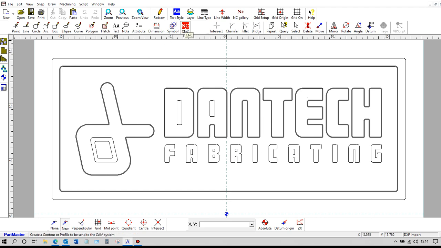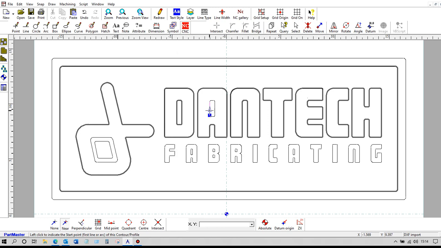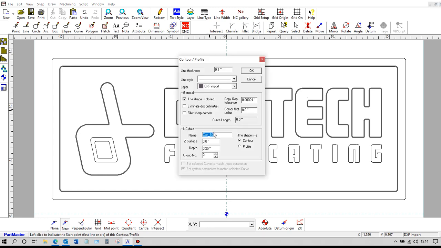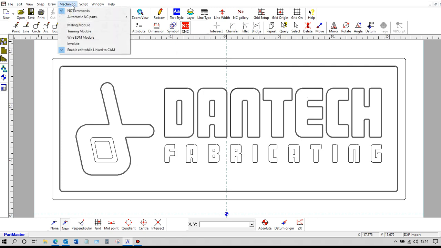So we go to the NC, and here we could have this contour, and we could call it D internal. And there's another one here, we could call that A internal, and so on. So we can name the contours so that they make sense to us when we are choosing them within the CAM system. Okay, so we just save that away, back into machining,